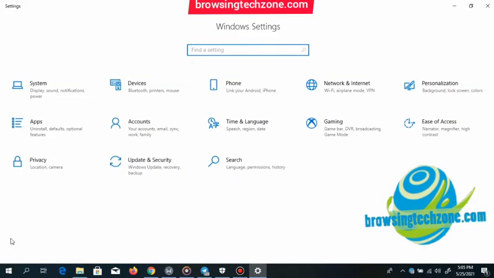Today I'm going to show you how you can disable background running apps in Windows 10, if you want to stop some applications that are running in the background. This will help you to save more power on your PC as well as data, so you'll be able to control your data consumption as well as your power consumption.